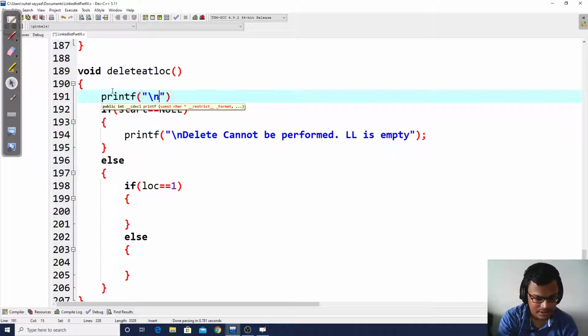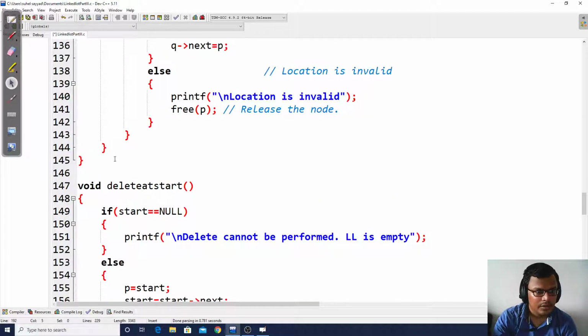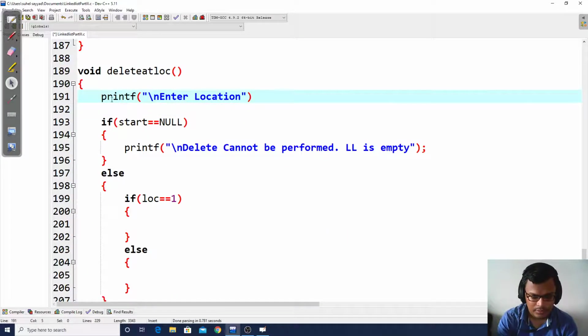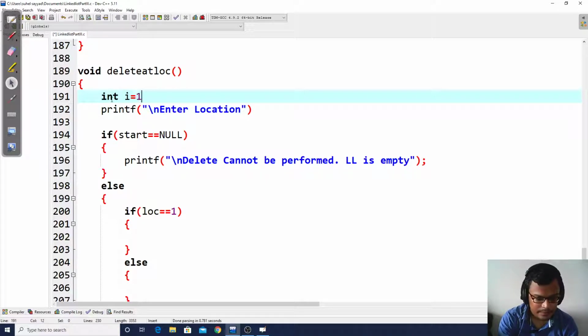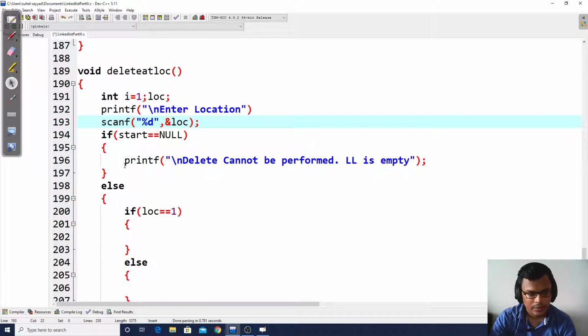So we will printf a message that enter location, and this location will take in a variable that is int loc. So we need to declare that, we have to declare i and we have to declare location. So this we will scanf %d in the form of loc, okay, and